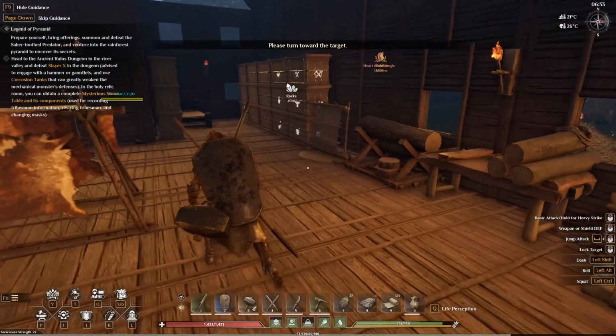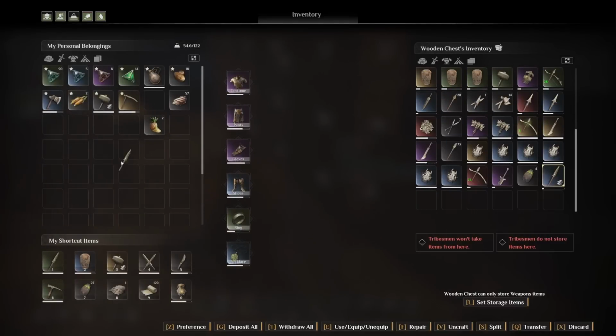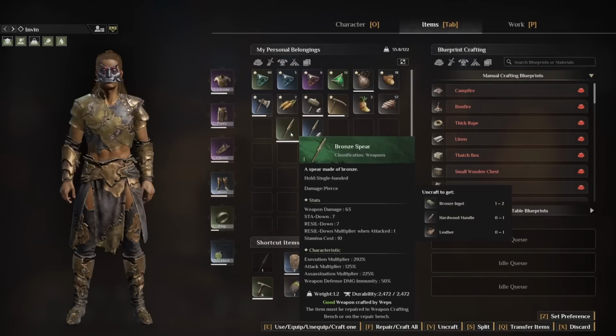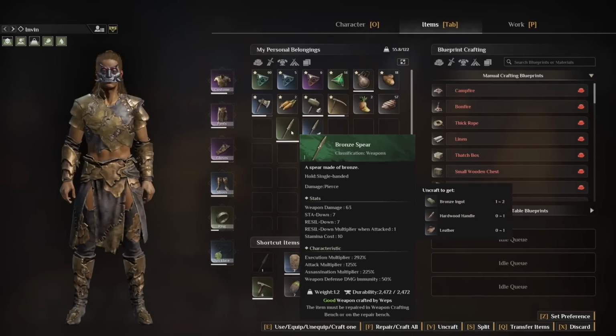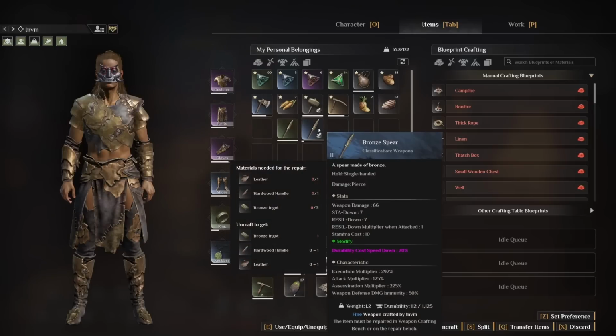Now, you might be asking why you would want to just get a fresh one rather than repairing. Well, firstly, it makes it way more automatic. You don't have to sit there and manually think about repairing stuff. But also, if we just take a look at these bronze spears, this green one here is a fresh crafted one, and you can see that the durability is 2472 out of 2472. Now, what you can see here on this blue spear, albeit this one is damaged, but you can see that the maximum durability is only